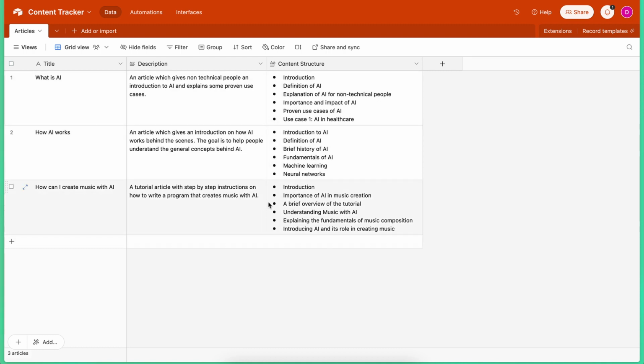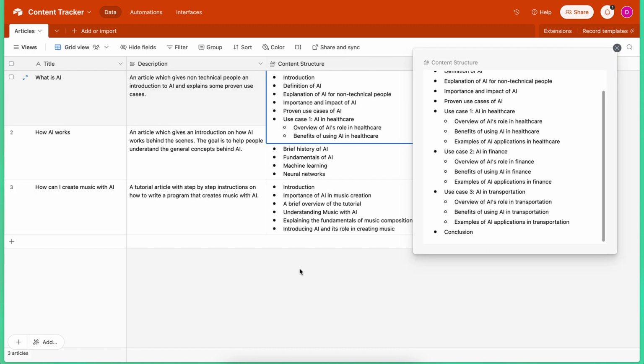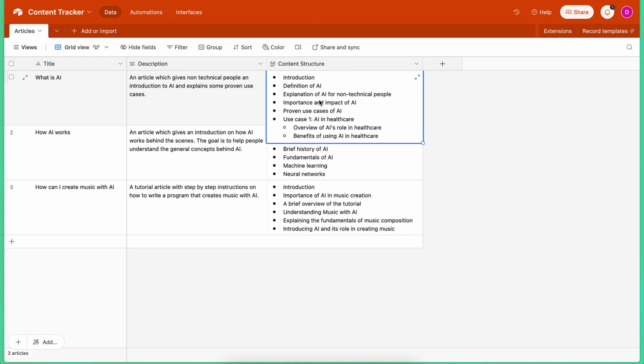And the goal is to generate the content structure for each article automatically. I personally find this quite useful because I often get stuck when I need to write an article. Like I don't know where to begin, how to break it down into sections. So I think that having this inspiration is very useful. Now, AI is great at generating content structures. So I'll show you how to automate this process and essentially automatically generate the content structure for each article